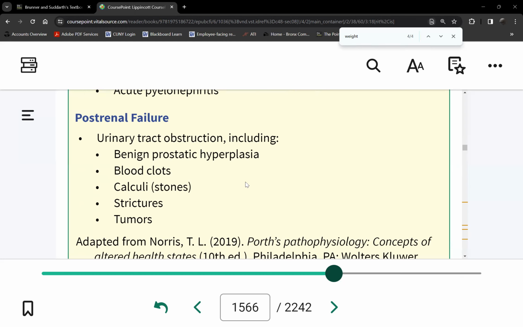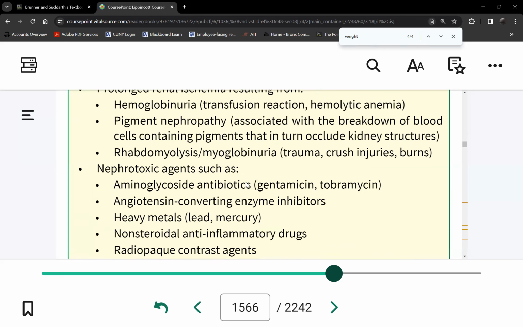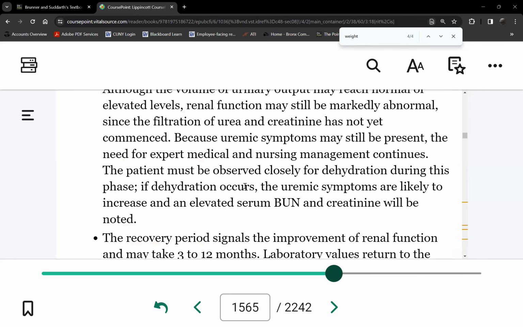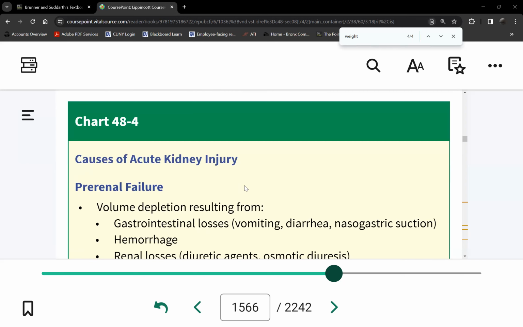So, is it easy or hard to sustain AKI? No, to experience AKI. Very easy. Look at this long list of conditions, right? This could be in any patient. So is there a risk for every patient admitted to the hospital to go into AKI? Yes. If they didn't come in with AKI, could they experience AKI? Yes.